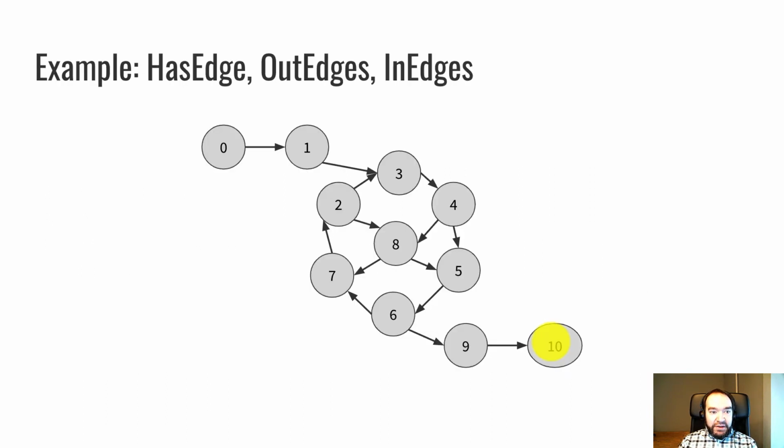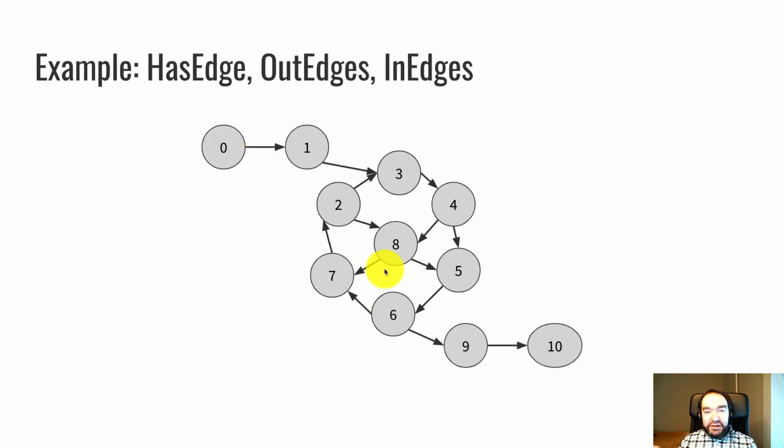So in other words, it gives you a vector of every index that is having an edge from that index into j. So just to kind of illustrate this, here's a graph with kind of a nice drawing to it. Has edge tells you if there is an edge between two vertices. So has edge 1, 3 would return true because there is a directed edge from 1 to 3, but has edge 3, 1 would return false because there is no edge going in the opposite direction. Has edge 0, 10 would return false because there's no edge directly from 0 to 10.